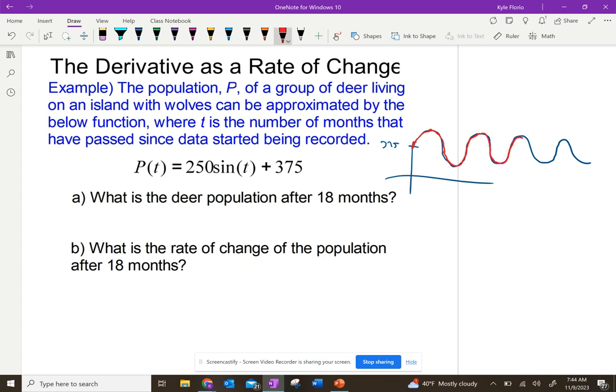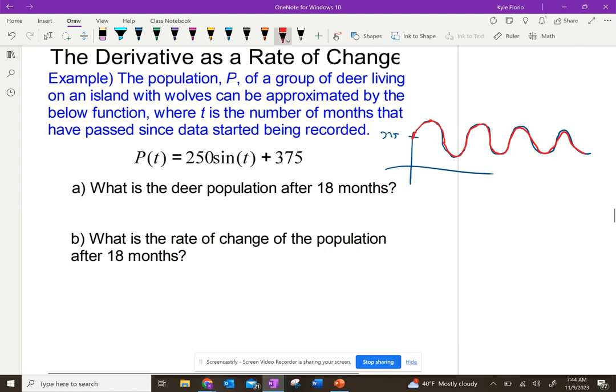So this is what's like a predator-prey model. And it kind of has that sort of equilibrium. So maybe that can convince you why this function could model a population of deer. Anyways, if I want the population of deer after 18 months,